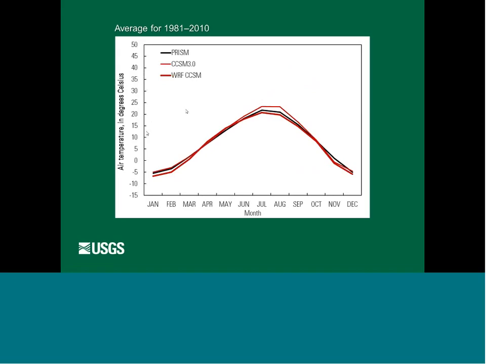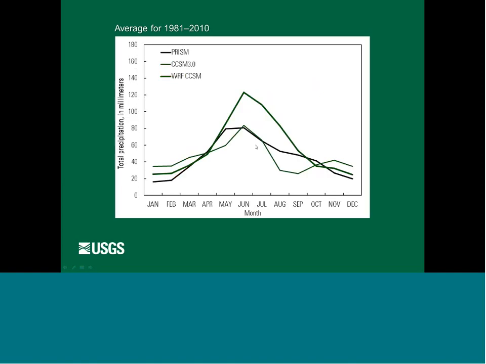Okay, so this shows how we are doing on an annual cycle. The black line here is the PRISM data, which is what we're trying to match. The thicker red line is WRF, and this is temperature. And the thinner line is the CCSM raw data that we're using for the boundary conditions for this WRF run. You can see that we're doing a pretty good job here in the summer. We got a little bit of a cool bias at the tails, and CCSM has got a little bit of a warm bias in the summer.